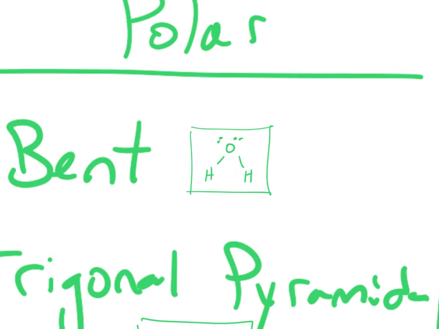Wherever there's a pair of electrons is always the negative side of the molecule. And we talked about polarity, how there's different sides. There's a positive side and a negative side. Well, in these polar molecules, there's the negative side where the electrons are and the positive side where the rest of the molecule is. And if you wanted to, you could draw a molecular dipole, which represents the overall polarity